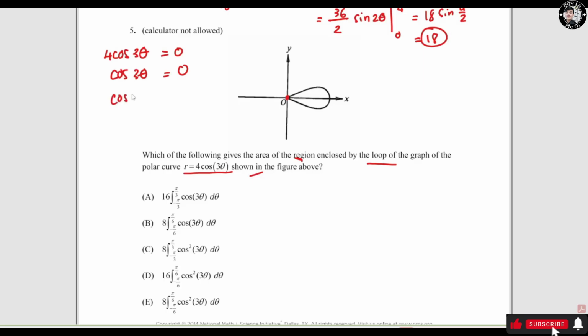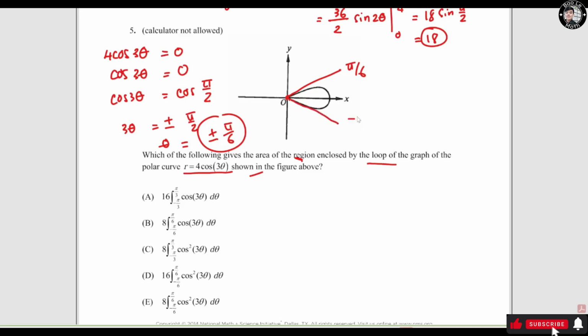So cosine 3 theta equals cosine of pi over 2, right? So 3 theta equals plus and minus pi over 2, so theta equals plus and minus pi over 6. So the upper limit is pi over 6, and the lower limit is going to be negative pi over 6. So the area is going to be 1/2 integral from negative pi over 6 to pi over 6